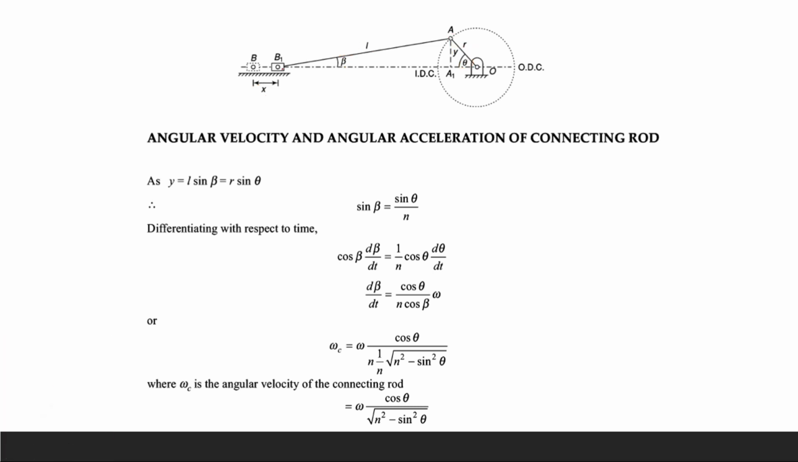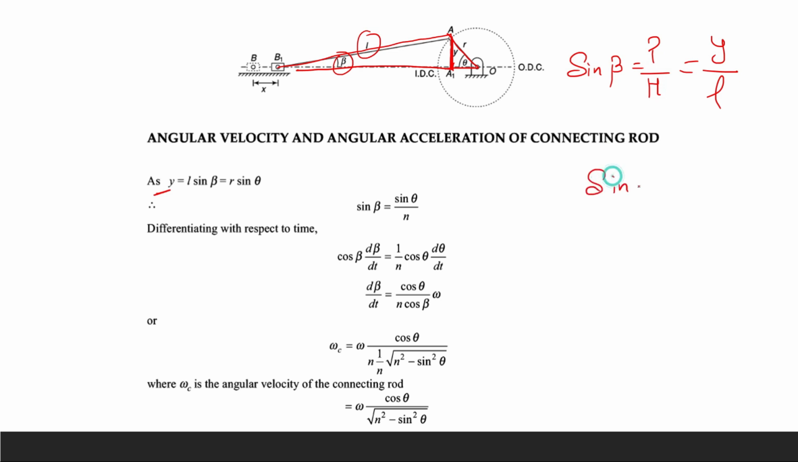पहले क्या बनेगा इसका? So यहाँ से आप देख सकते हैं there are two triangles. One triangle is this and one triangle is this. Okay, from these two triangles I can write that y is this distance. So y can be written as L sine beta, because sine beta is perpendicular divided by hypotenuse, and perpendicular is y, and hypotenuse is L. So I can write y equal to L sine beta,